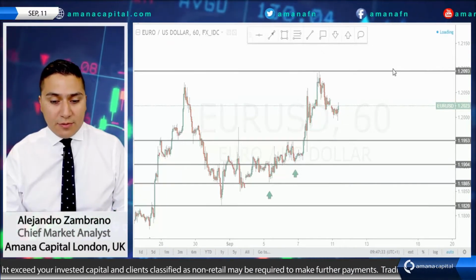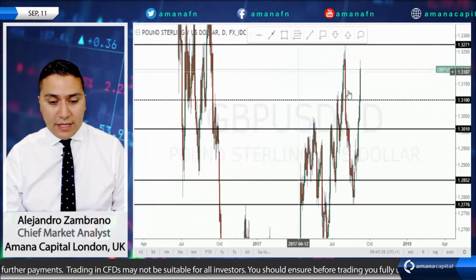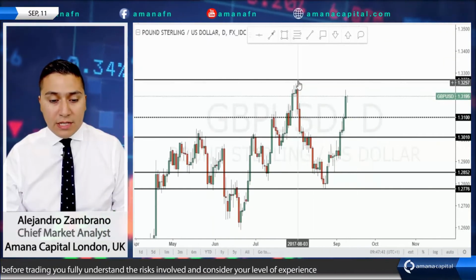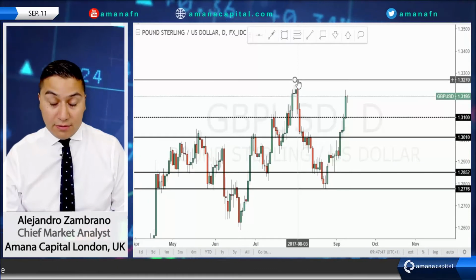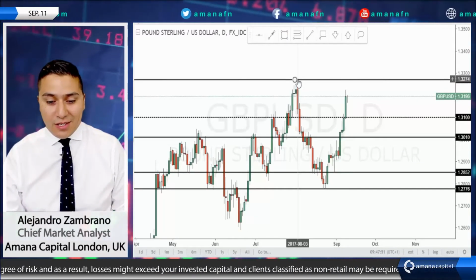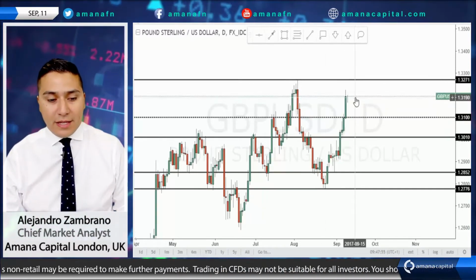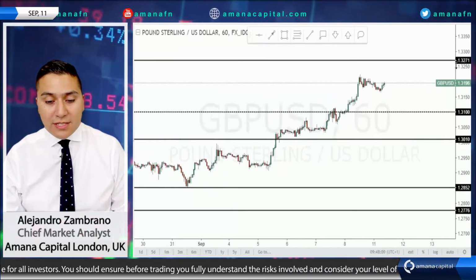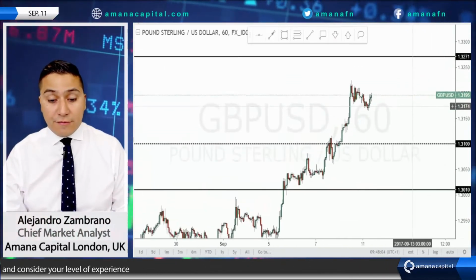The next market we're going to watch is the pound versus the USD. If you look at the daily chart, the pound dollar had a very strong rise last week. It is now relatively close to the August high of 132.71, and I guess on some sort of a pullback, the market is going to be ready to lift higher. Of course, it could easily rally higher from current levels,